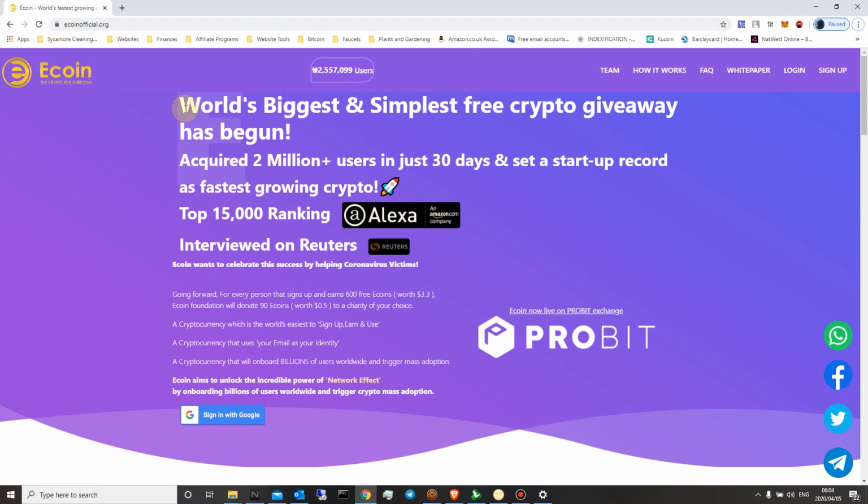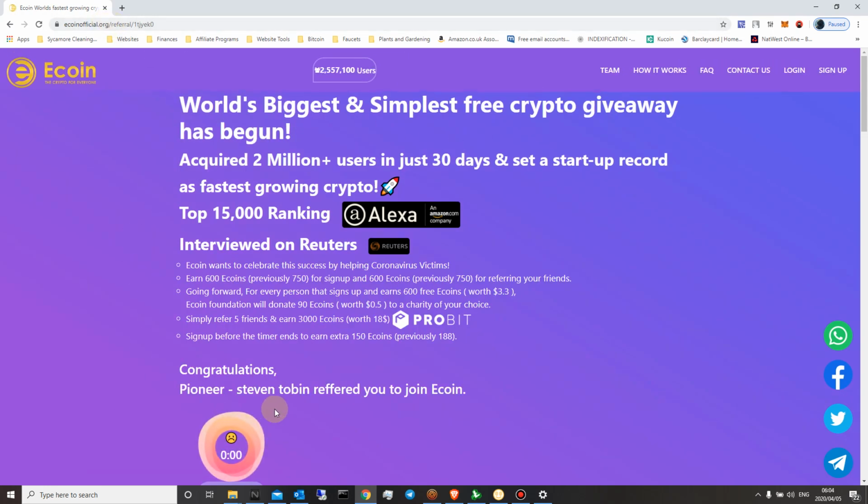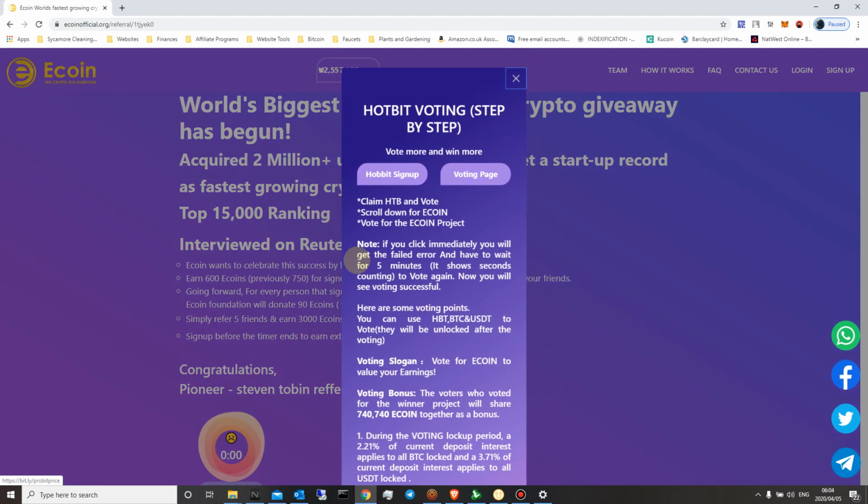And if you take a look at my description below, you'll see the Ecoin link. Should be a bit.ly link. Click on it and it should take you straight to this dashboard or web page. And you can see a bit of information here about Ecoin,